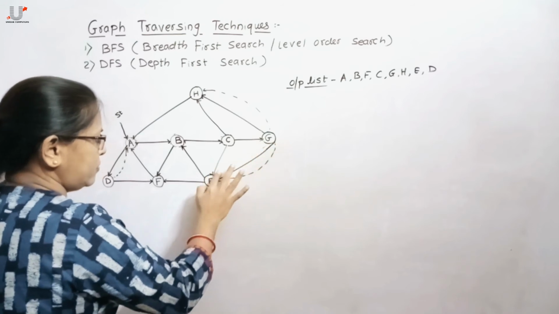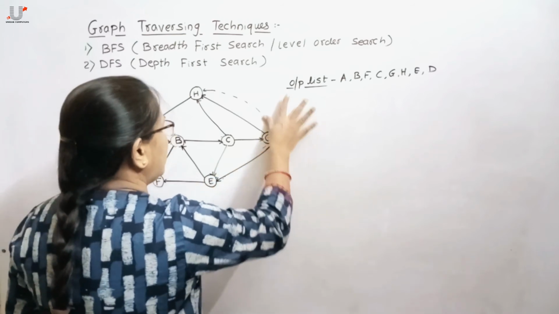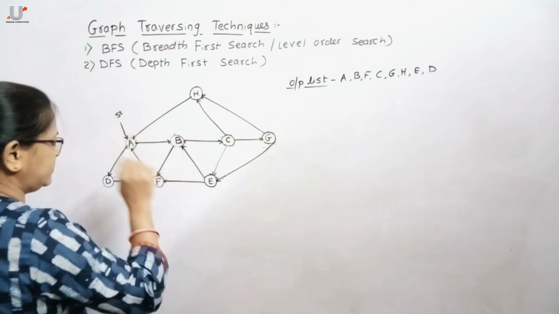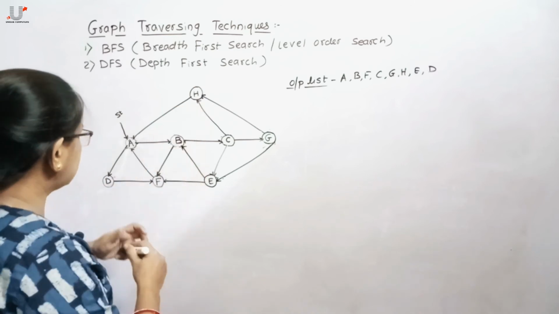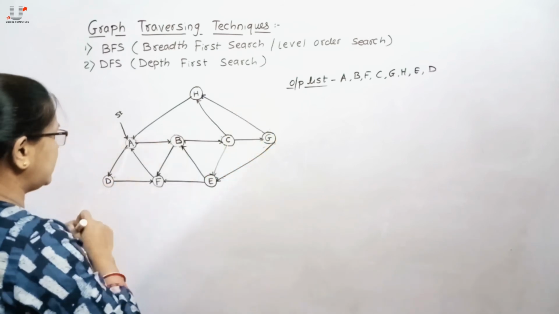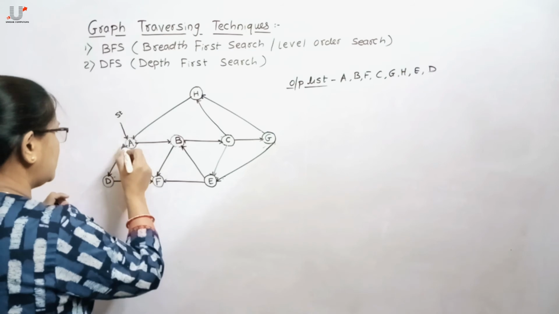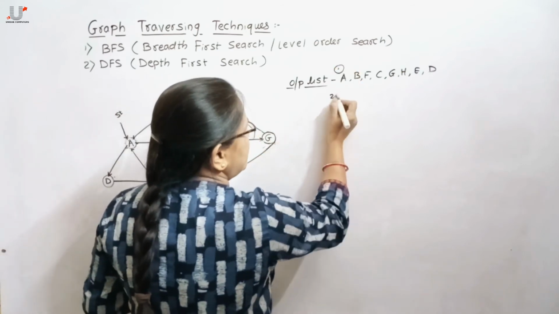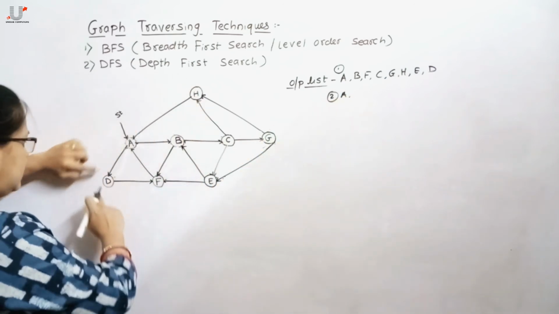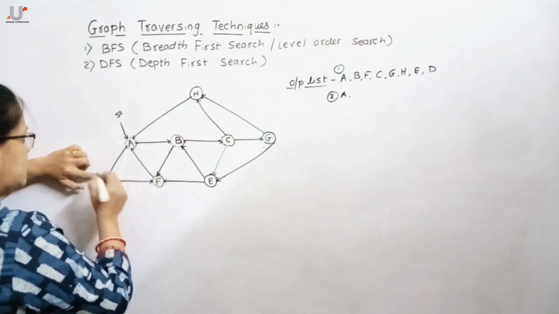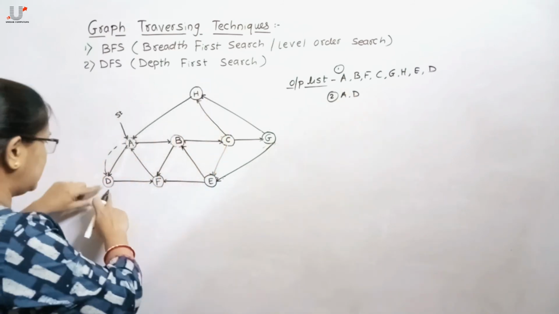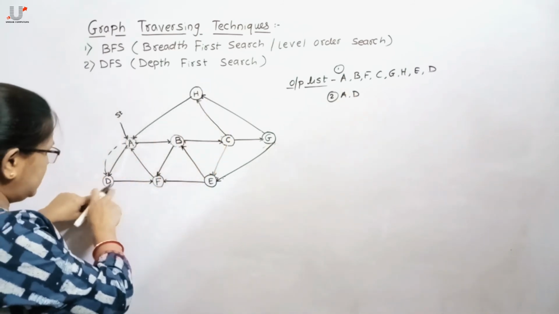Again we will trace one more result of the same graph. So here again the starting vertex is A. From A first I have selected D. Now the next adjacent of this A is D, so the second output will be here. A is a starting node, so add that starting node A. Then the next adjacent node other than B is, suppose here D, so move to D, that D gets added to output list. Then the adjacent node for this D, it's F.